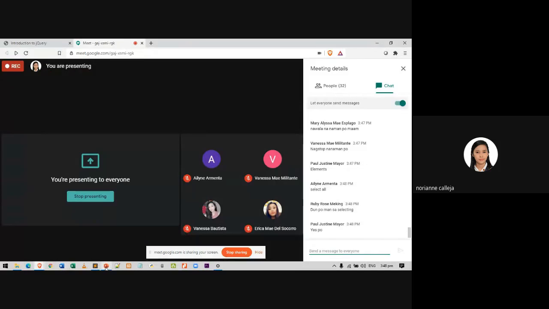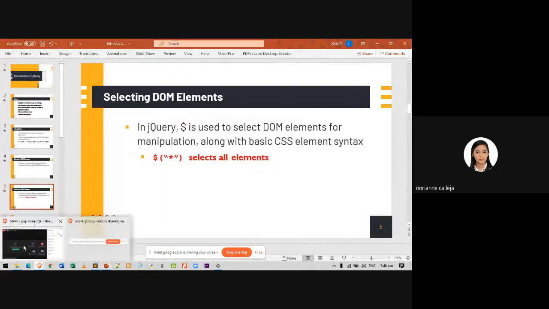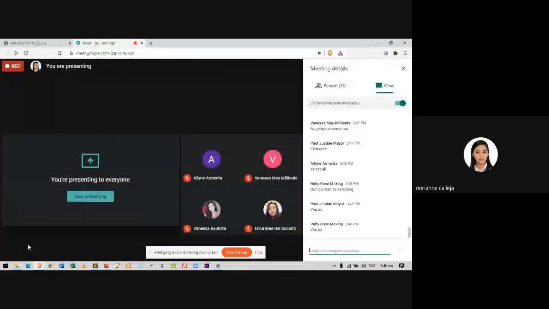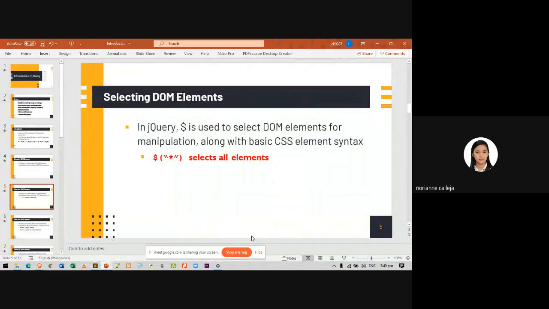Okay. So now, I provide here different ways on how to select elements from your HTML document.